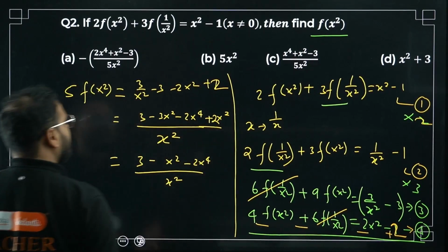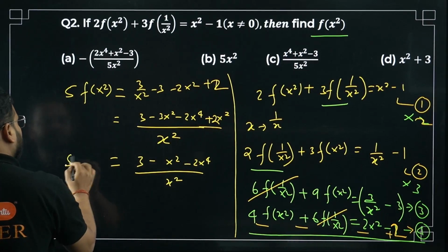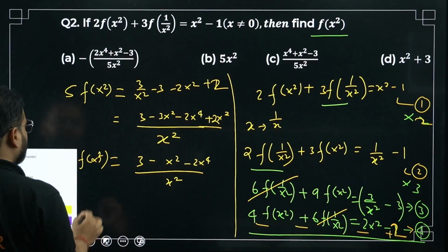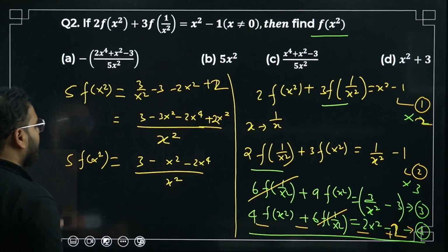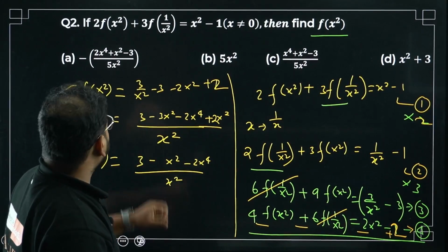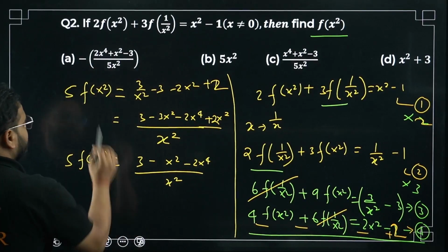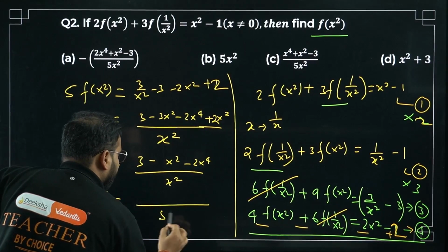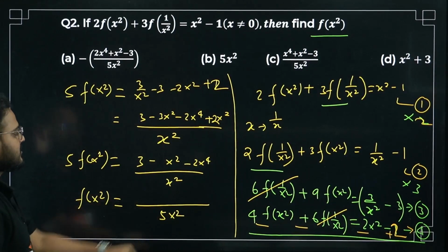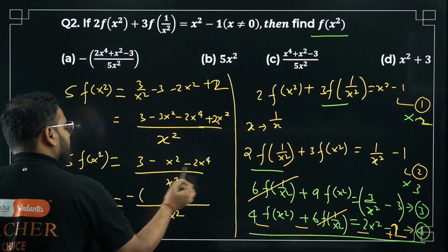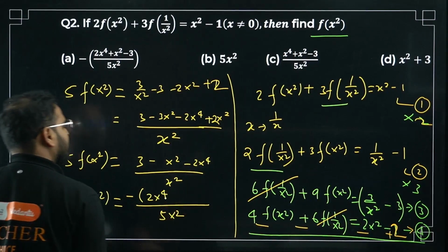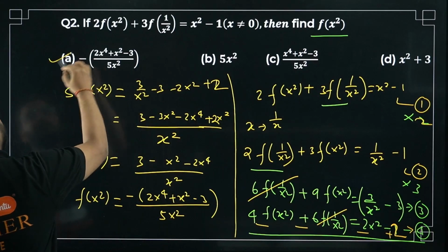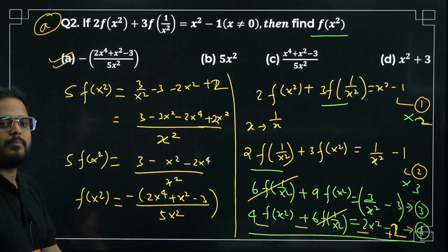Minus 3x square plus 2x square is minus x square. This is 5 times of f of x square, right? Okay, 5 times of f of x square. Have a look at what I'm getting now. So I think option number A looks right. Let me just make it in that form. I'll write it like this: f of x square. Bring this 5 over here. It'll become 5x square. Of course, here 5 comes. Take a minus sign common here. This will become 2x power 4 positive, this will become again positive x square, and will become minus 3. Is it right? Yes, sir. Option A is correct.